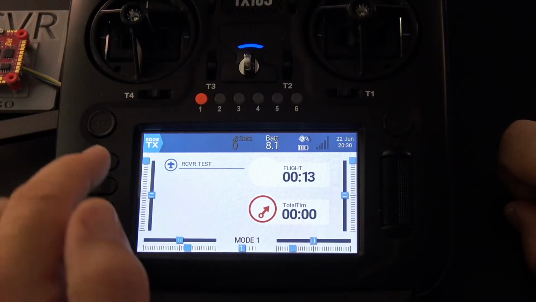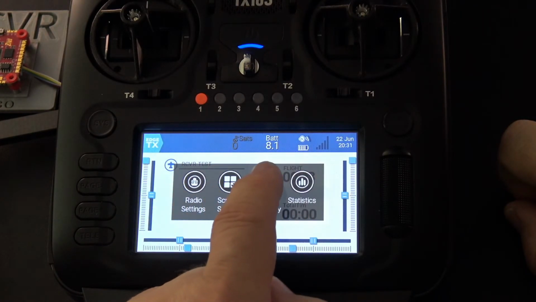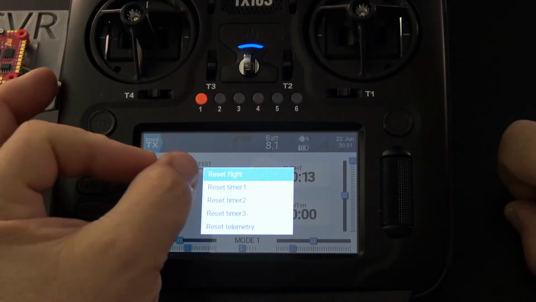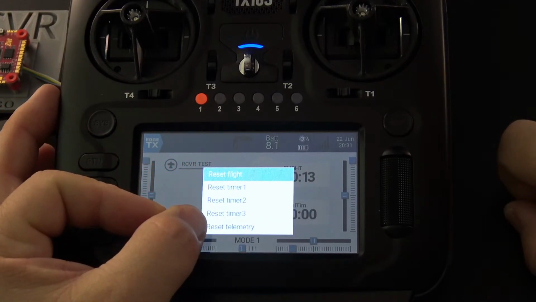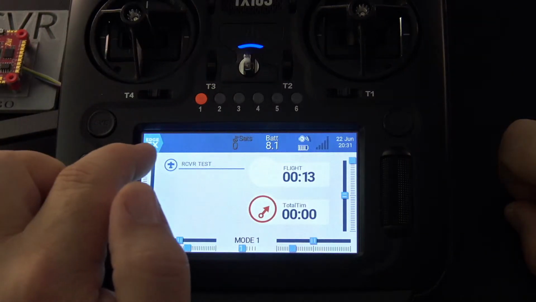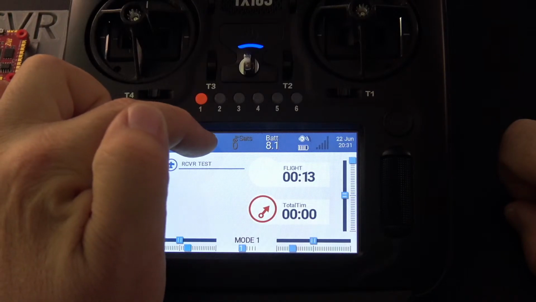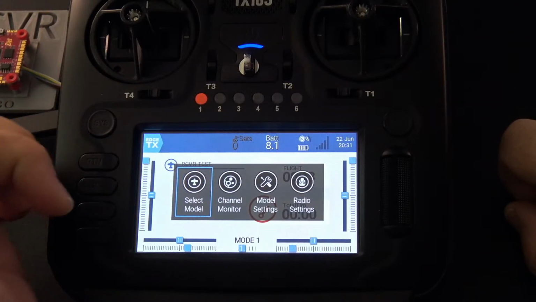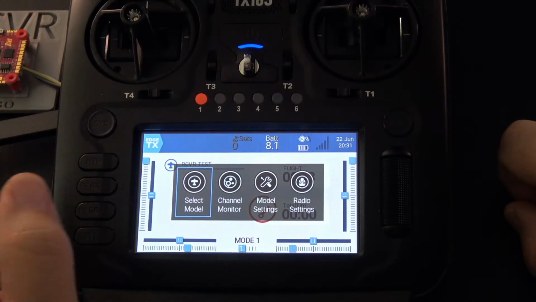Okay, so back on this screen, if we bring up the quick menu, what I was looking for was reset. There's the reset option, and this is where you do things like reset your flight or reset your timer or reset your telemetry. Okay, so anyway, you guys should all be familiar with that, but what I was trying to get to on this is that the quick menu will pop up anywhere there's not a predefined capture occurring for your finger. Okay, that's what we're after.